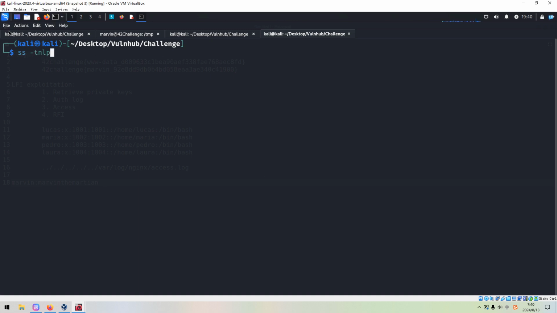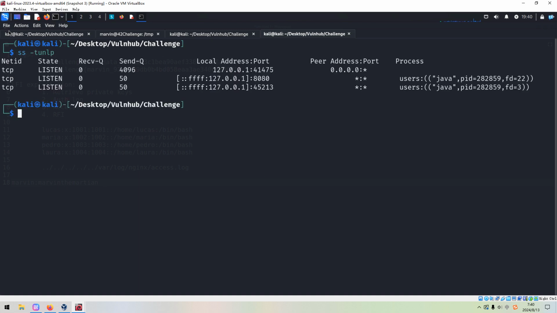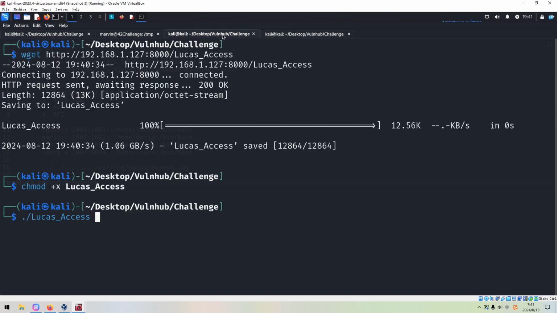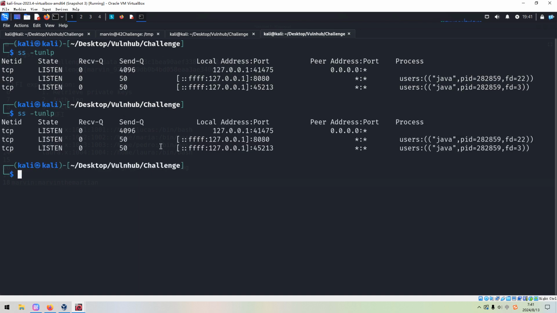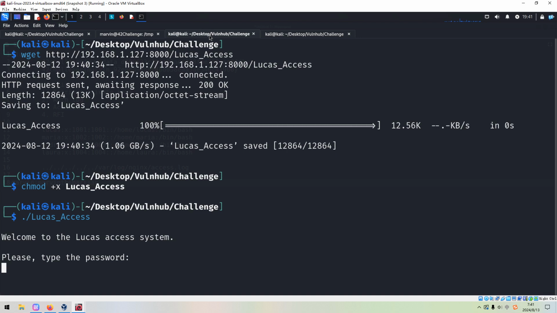Right now, this is the current open port number. Run it. So no new open port number. So I think this has nothing to do with the service which provides access to the client.